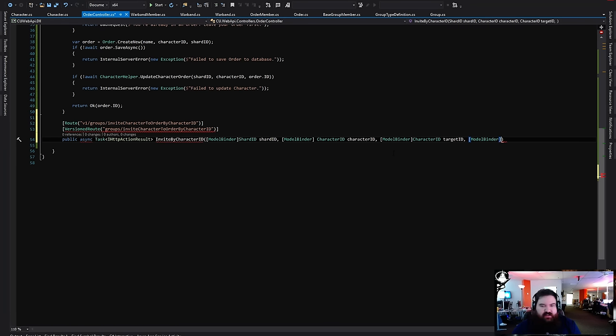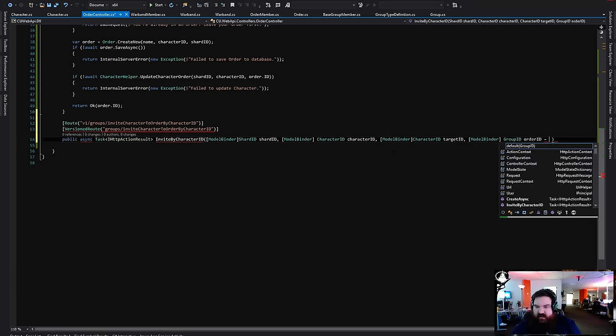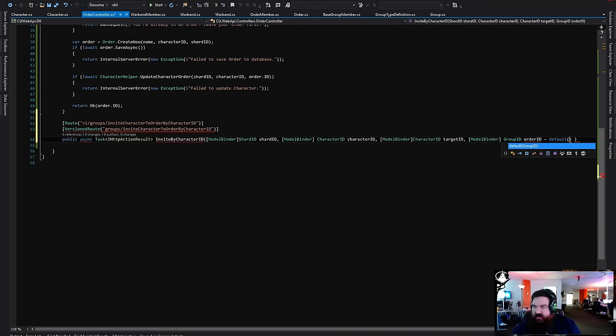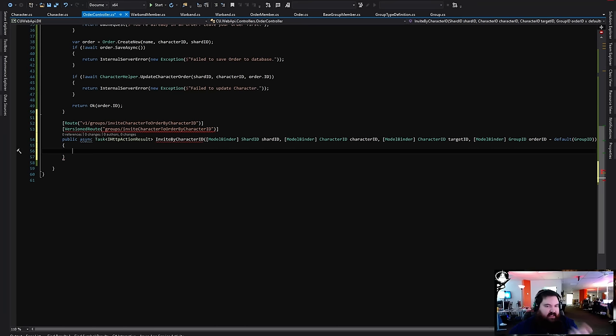They'll be converted into their type, and all the parameters get validated before we get here. So group ID and order ID, but this is not mandatory because what we can do is get the group ID that the requester is actually in.